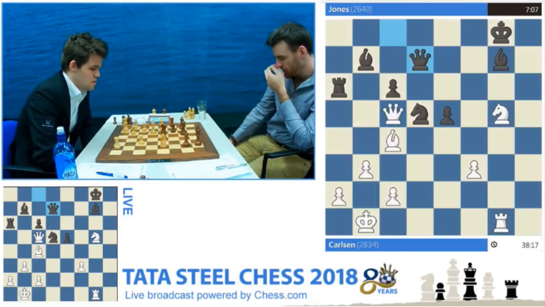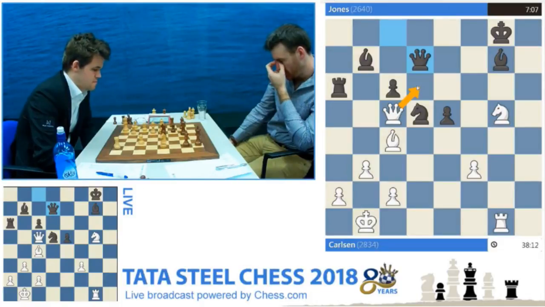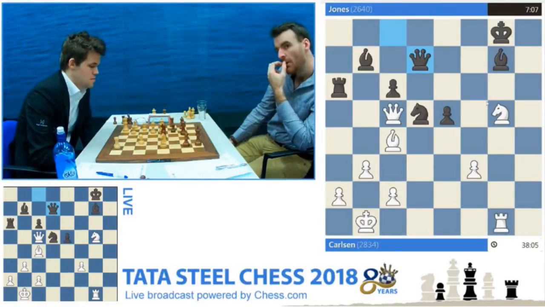Did Jones make a move? He played queen d7. Okay. That's a better move because it doesn't allow queen d6. I agree, it is a better move. But let's say... Okay, hang on, we have to...